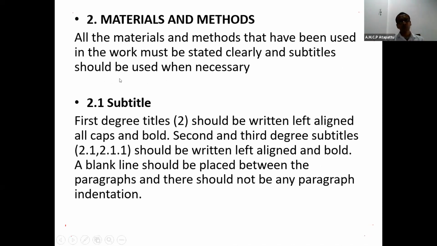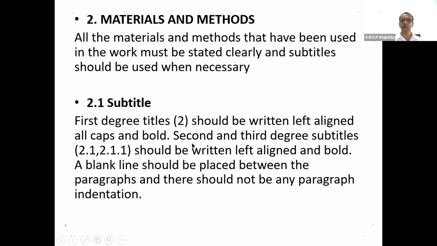If you are using subtitles under 2, we take another one: 2.1, 2.2, 2.3, or 2.31, 2.32, like that. When you are taking the main heading, you use capitals. But for subtitles, take the initial letter as capital, in bold, and the others simple. I have written here that second and third degree subtitles like this should be written left aligned, bold,